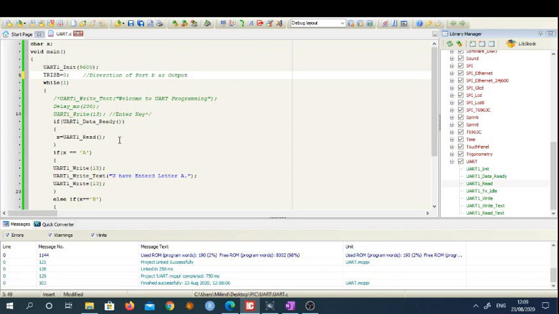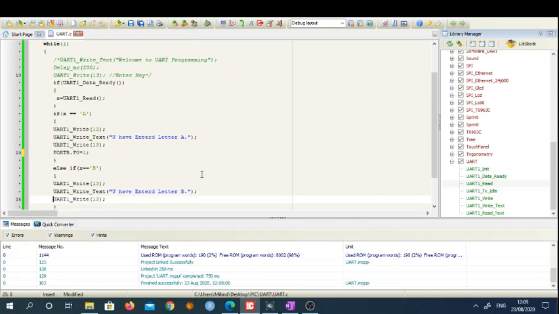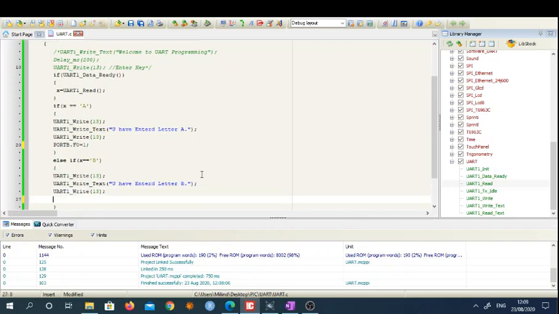And if it is letter A, then I have to make a small change: I have to set PORTB.F0 equal to 1. I have to make that pin equal to 1 if it is letter A, and if it is letter B, then I have to make that port pin equal to 0.